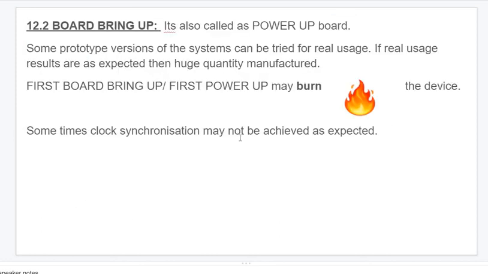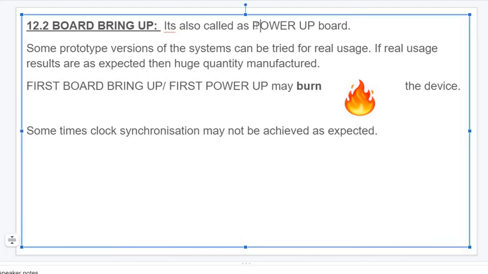And the last step from this 12th chapter is board bring up. What do you mean by board bring up? Give the supply, give the power. Assume that you made one drone, or an automatic car. You will insert a battery, and the battery will make a flow of electrons. You have used some resistors, lights, LEDs, sound buzzers, etc. You developed hardware separately, firmware separately, and integrated them. Now you give the power supply.